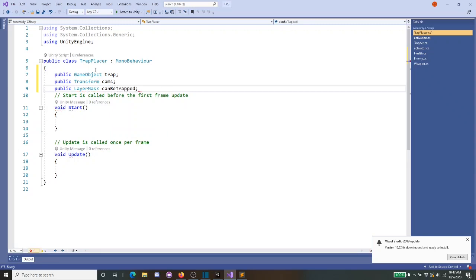canTrap. A layer mask is a way of organizing something. So for example, on my desk I have my keyboard, I have my mouse, and I have my laptop, as well as my phone and a printer. So I can organize these things by making a layer mask for them. For example, I can have one layer for my keyboard and mouse, and then I can have another layer for my speakers and printer, just to organize them. So I made a layer that can be trapped, and then what we will do is in void Update we